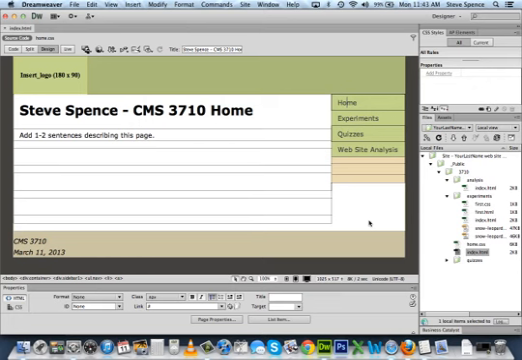So when somebody goes to your 3710 homepage, and they want to see the kinds of experiments that you've done for this class, then they'll click on the experiments link, and what we want to open when they do that is the home page for your experiments, right? So in order to make that happen,